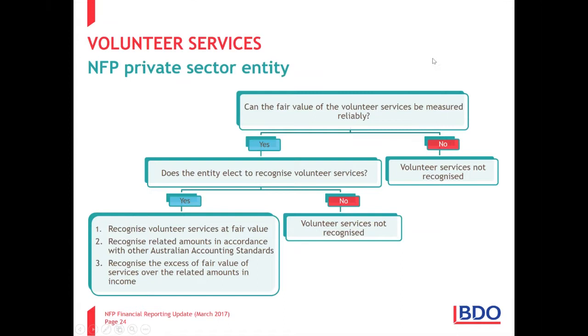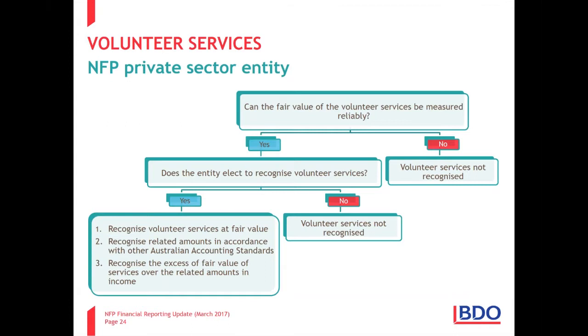So 3 ways really into AASB 1058. So if you are in AASB 1058, what are the requirements? Now, the first thing I want to talk about is volunteer services. Now, if you're a not-for-profit, private sector entity, you've got an accounting policy choice. Public sector, they don't have a choice. They have to fair value volunteer services. So I'm going to focus on not-for-profit private sector entities because that's most of the entities we've expected to join our webinar today. If you're in the public sector, please contact me.